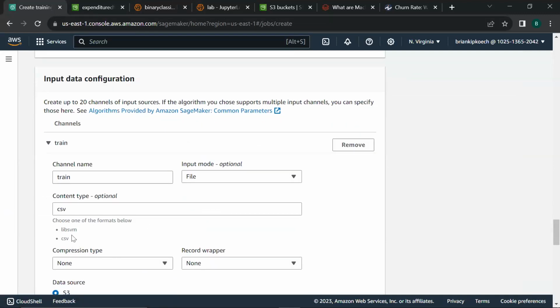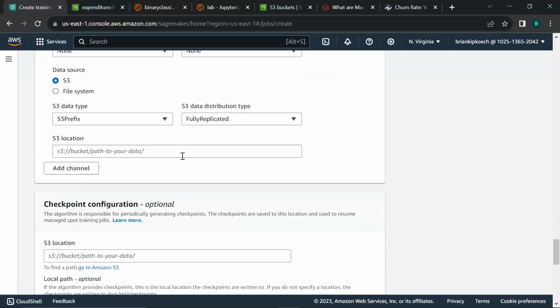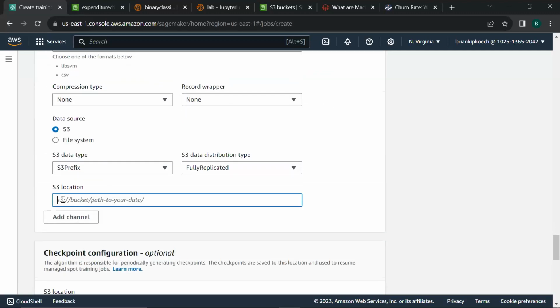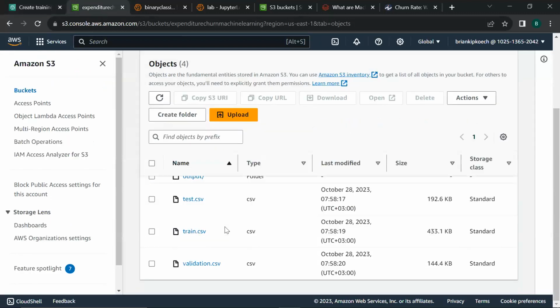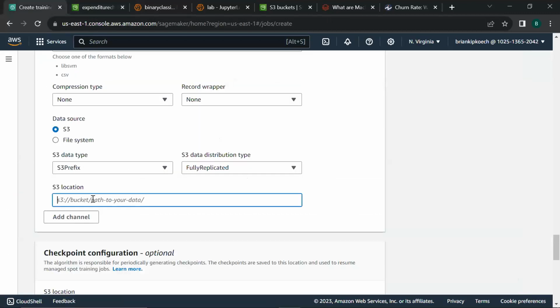Choose one of the formats below and leave everything as default. Come to this particular point, the S3 location. You have to select your train data and paste its URL here. So we go back to S3, select our train.csv, check on this, and copy URL. Let's copy that URL and paste it here.